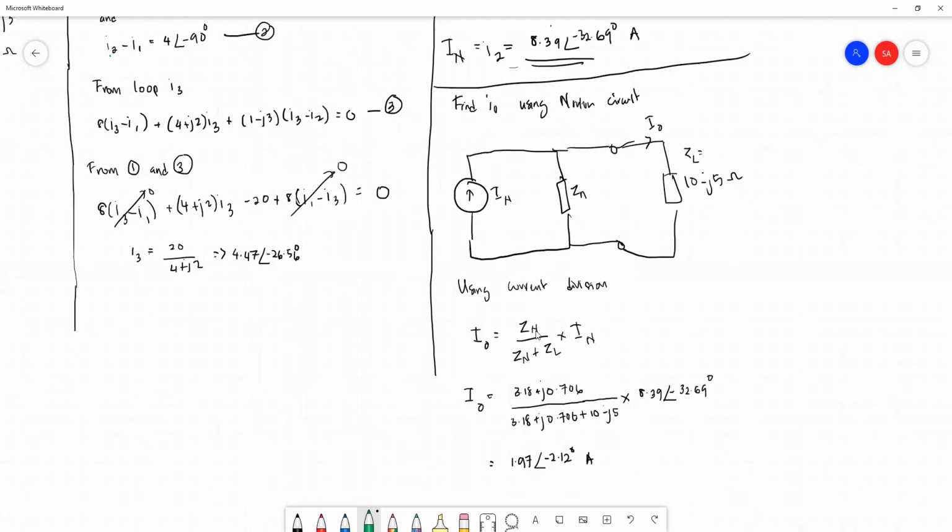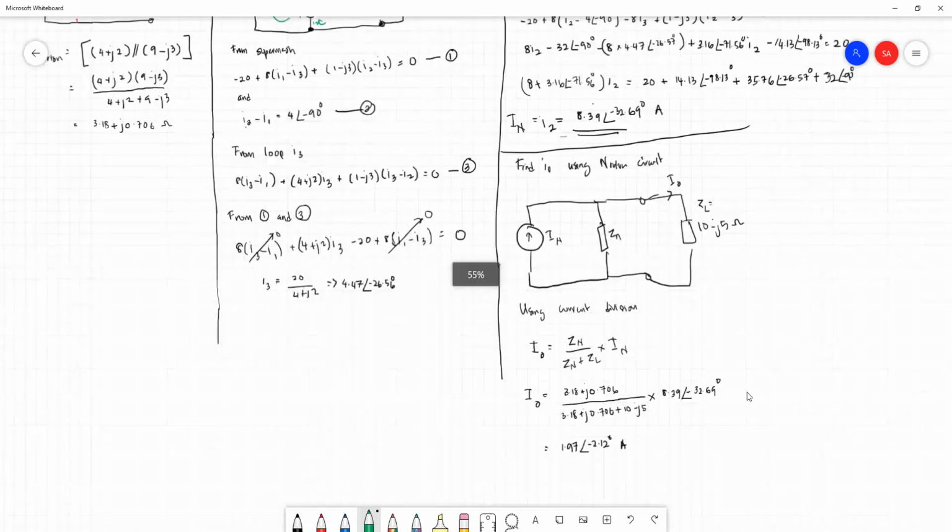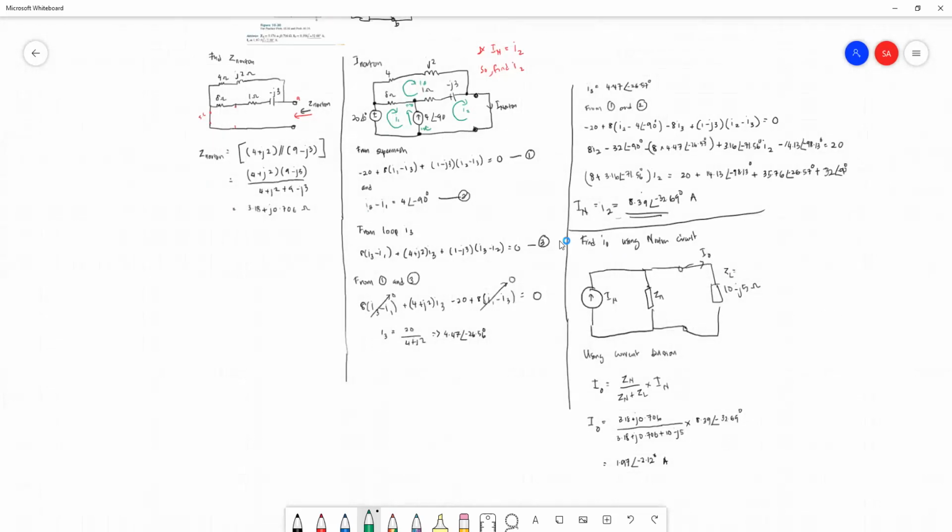Okay, so you substitute the Z Norton value and ZL value here, so you will have your IO is equal to this value, which is the same as the answer. Okay, that's all. The tedious part is actually to solve the equation here. Okay, so some students will have mistakes. I know, because I also did this last night two or three times. I needed to recheck again and again.